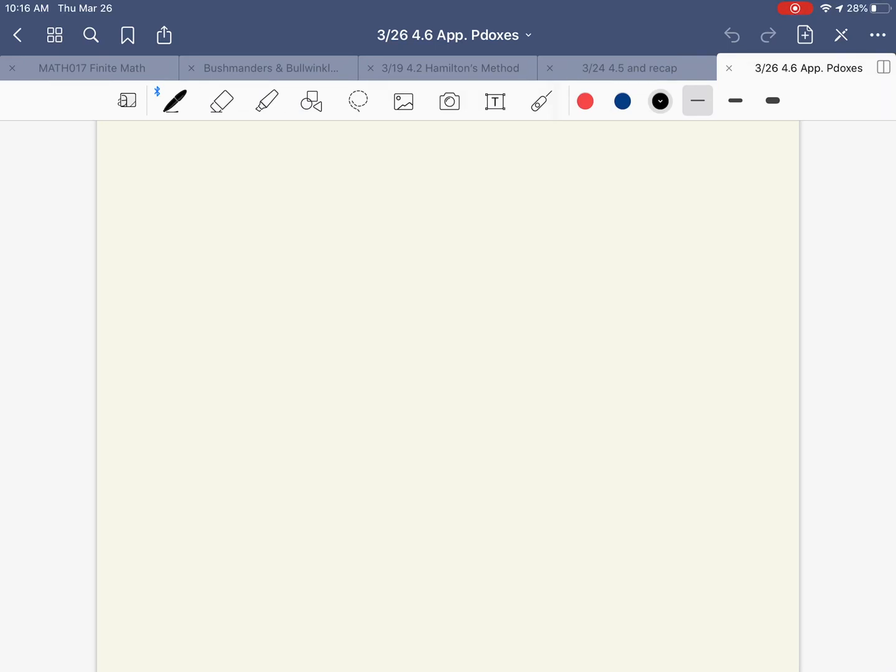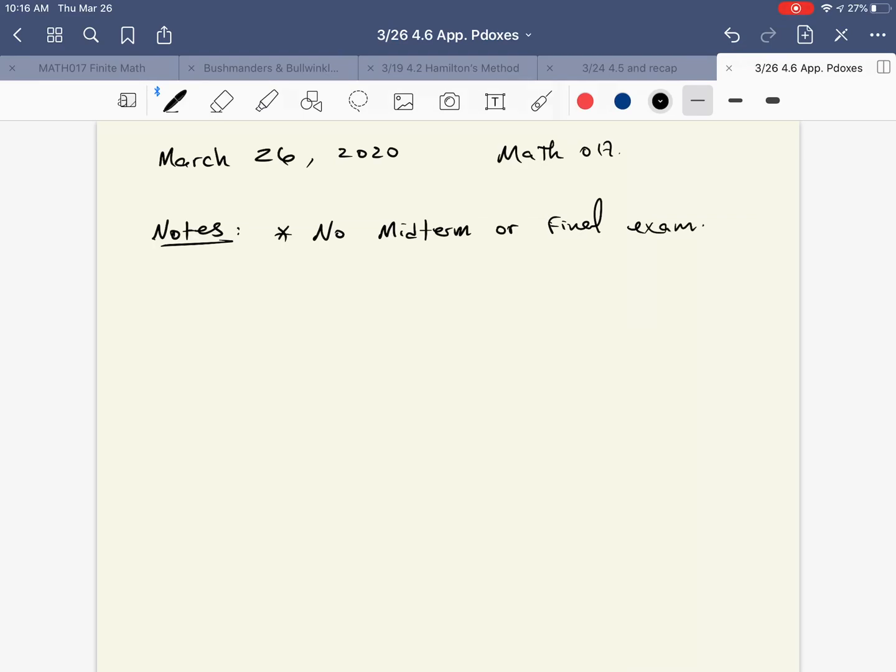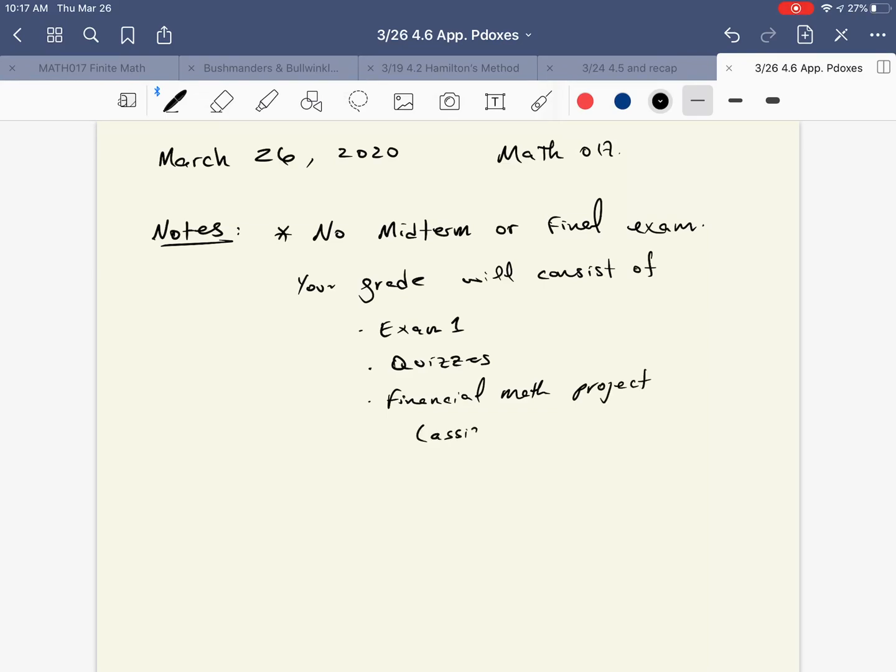Good. So, what's the date today? 3/26, March 26, 2020. No, 17. Notes. No midterm or final exam. Your grade will consist of exam 1, quizzes, financial math project, assigned next week, due by last